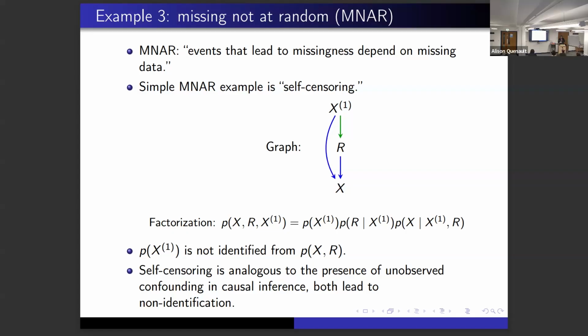It's analogous to the presence of unobserved confounding in causal inference, specifically unresolvable unobserved confounding. Without additional trickery, you can't really make progress here. This is another thing I try to teach machine learning people, which is that you have to take no for an answer with missing data: sometimes there is no information in your observed data likelihood for your question. That's unfortunate, but true. It doesn't matter how algorithmic you get about it, there's just no information.